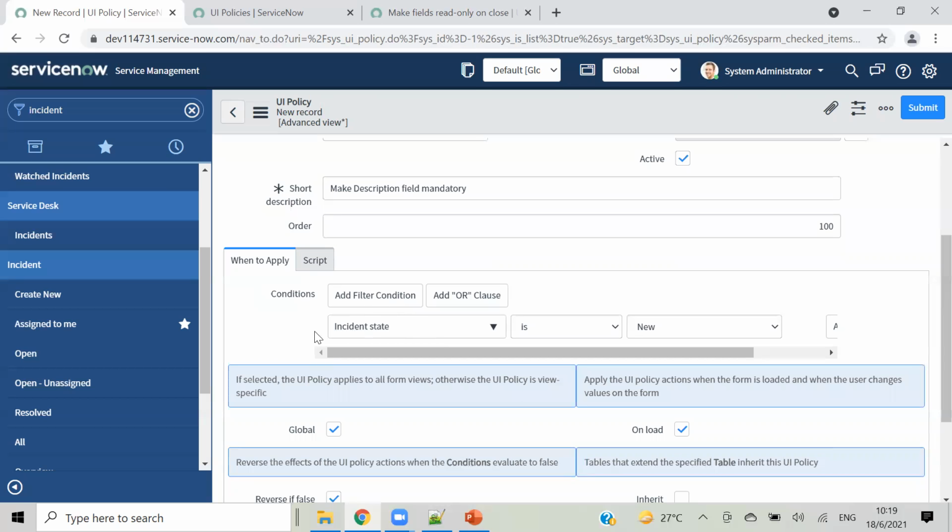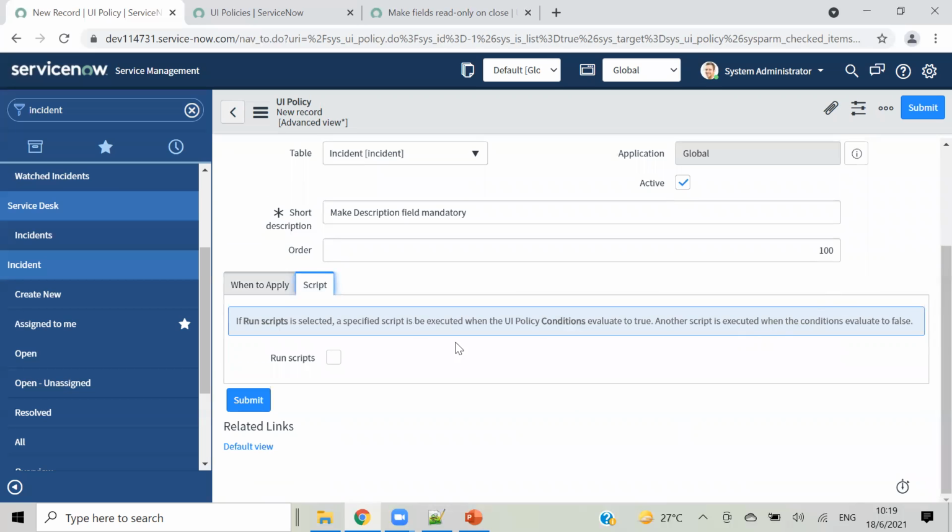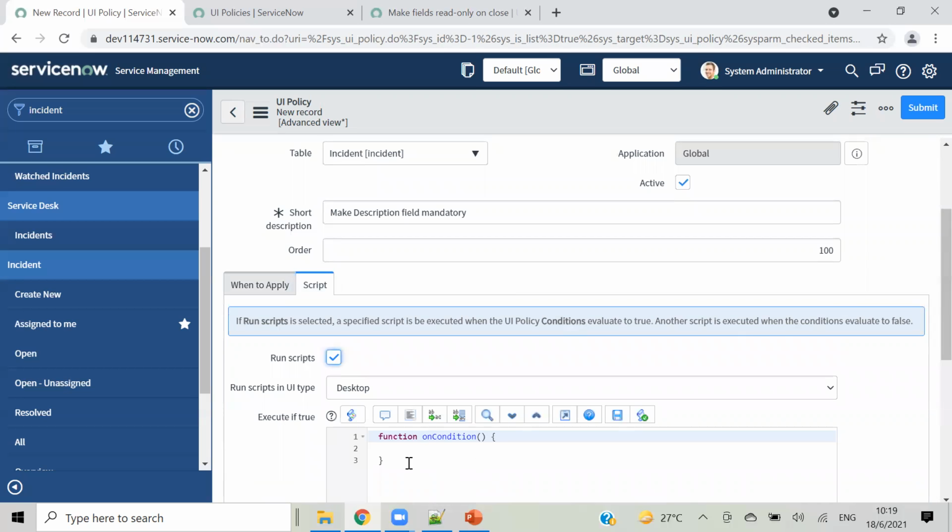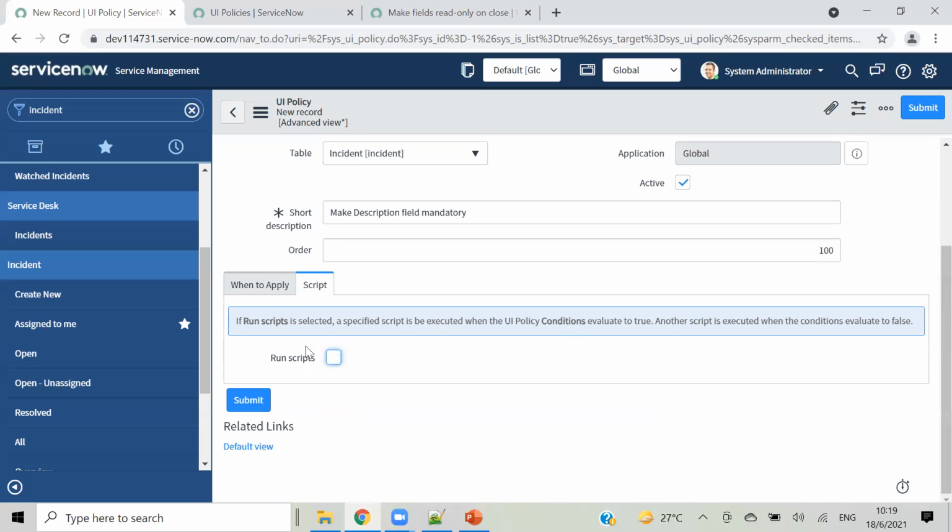And if your UI policy is not getting satisfied with just normal conditions and mandatory, read only and visible, you can write scripting here. You just have to tick mark this and you will see this scripting part. Okay,